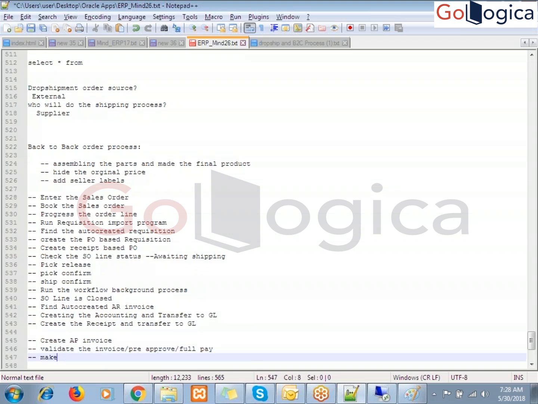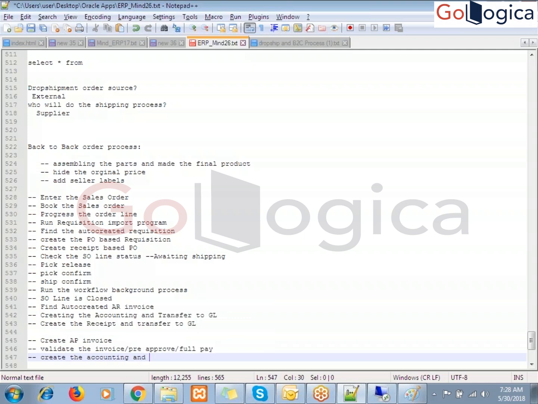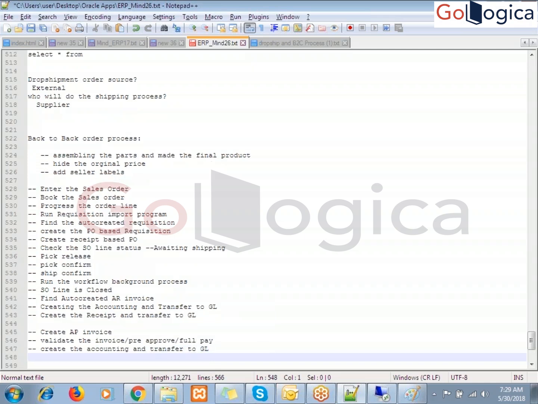Next, what we can do here, create accounting and transfer to GL. If these steps are clear... Yeah. Okay. After creating the AP invoice, we have to do separate accounting for the invoice, right? Right, and separate accounting for the payment. See, separate accounting for payment means, at the end of the day,